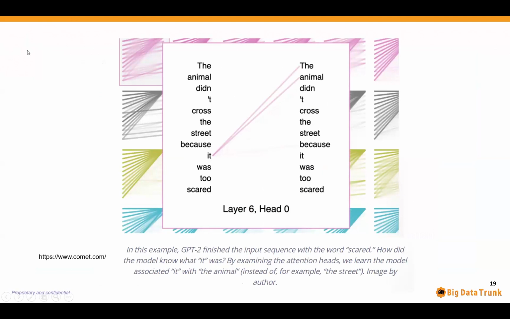For example, this really simple example: this animal didn't cross the street because it was too... Now, if this is a Gen AI based tool, you would probably stop at this stage. You'll say, because it was too, and then stop. So there is a blank there, and you expect the model to fill it up. And in this case, the model is filling it up with the term scared. And for it to be able to do that correctly, the reason why the animal didn't cross the street is because the animal was scared, it has to figure out that this 'it' is talking about the animal.